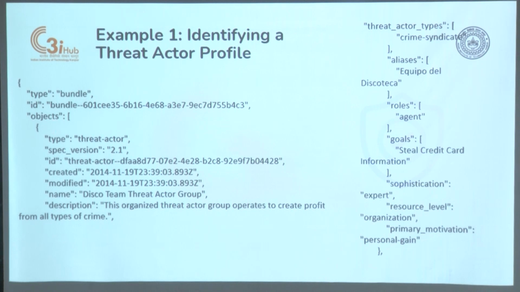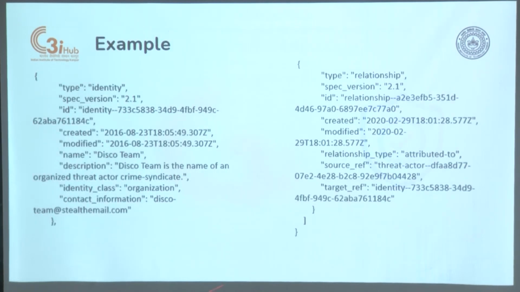But this bundle contains more things. This is just the beginning of an array. You see we have not finished this array. The first object in this array is this, there is a comma here, which means this object is finished, now the next object will start. So, here is an identity object. This identity object starts here, ends here, and you have some information about that identity, like the identity ID, description, name of the identity object, what class of identity it is, an organization,